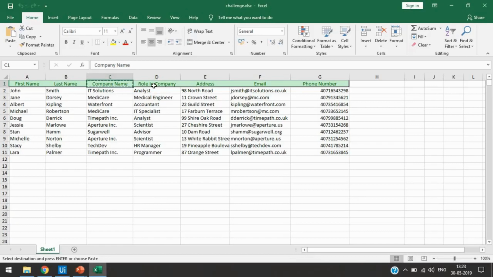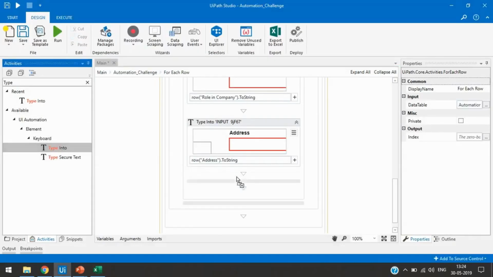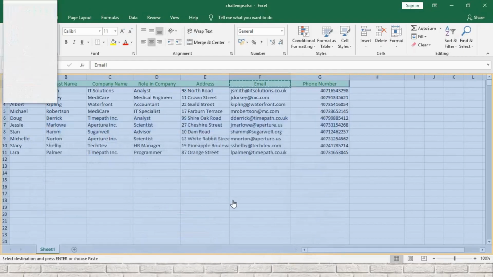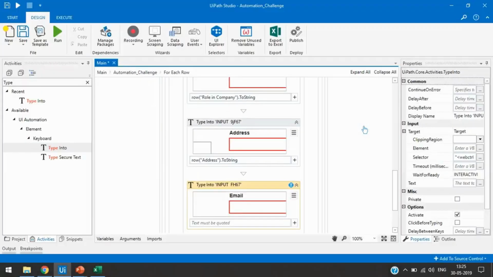So we can use one by one all these things. And the next one again for the email, so we'll click on email, and then .ToString.